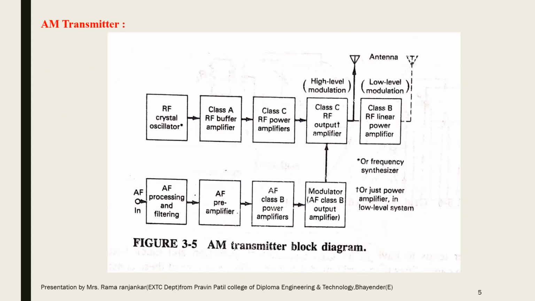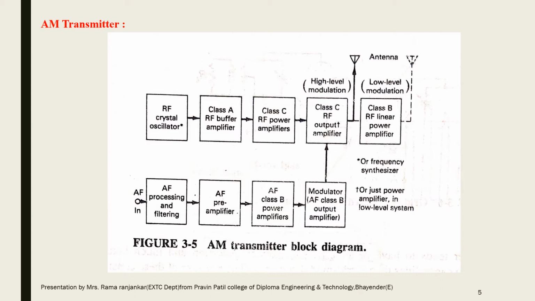Diagram for the AM transmitter. First is the modulating signal m(t). It is provided by the block modulator. The second one is the carrier signal cos(ωct), provided by the buffer amplifier. The class C amplifier acts as a multiplier where both the signals m(t) and cos(ωct) mix together and pass towards the output side.